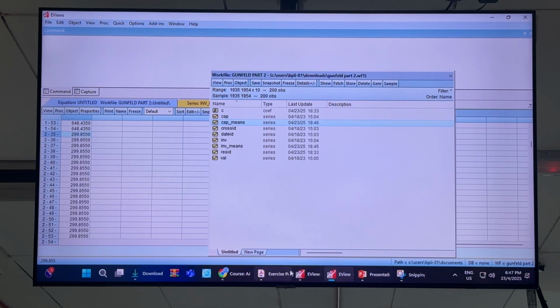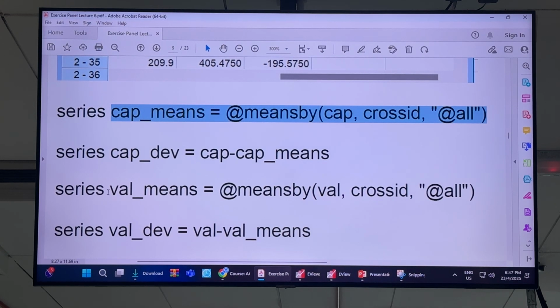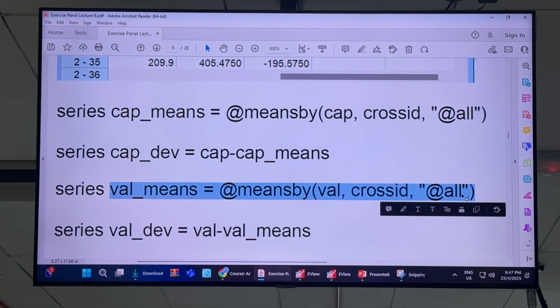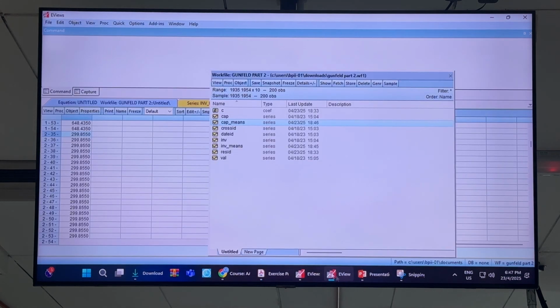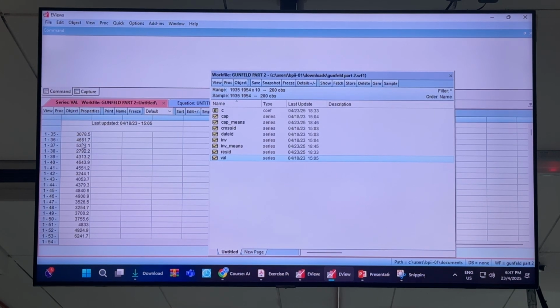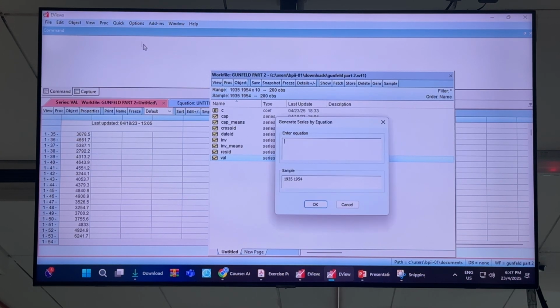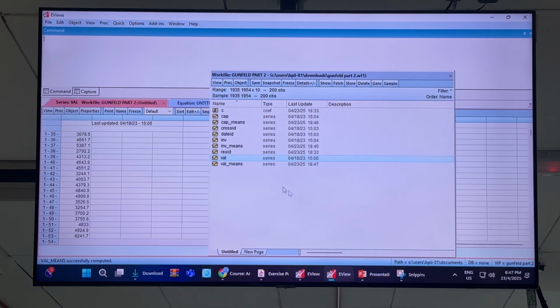Okay, then how about the third one? Same for VAL, for each firm. You copy. Once you open VAL, it's different for each year, right? But once I transform it, I use the mean series. Just type the command. Then if I open them together,